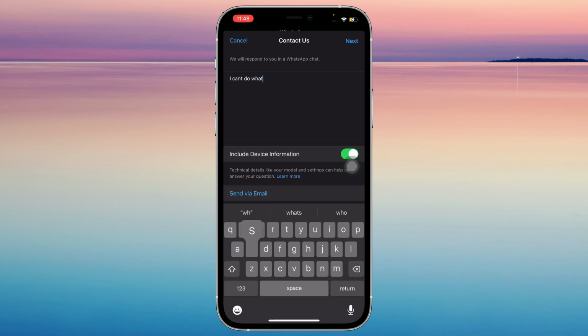I can't do WhatsApp calls, please help me. And that's pretty much all you have to do. So tap on next, and then as you can see, it says we will respond to you in a WhatsApp